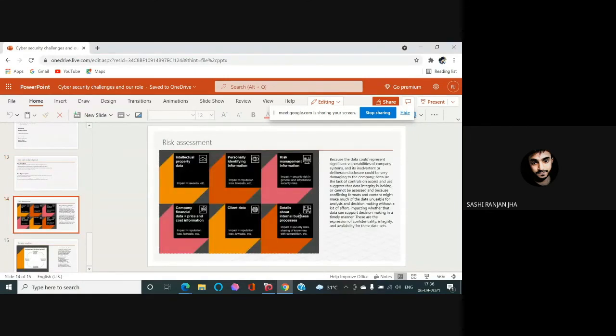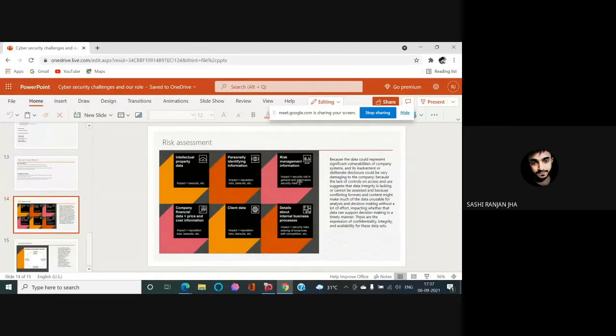Okay, so what are the risk assessments that we get and what are their impacts? Intellectual property data, that is, anybody's data that a website is storing: the impact is lawsuits. If that is compromised, you have to face a lawsuit. Similarly, personally identifying information impacts reputation and leads to loss and lawsuits.